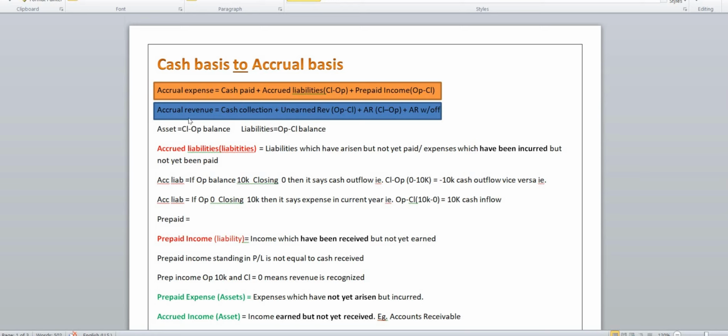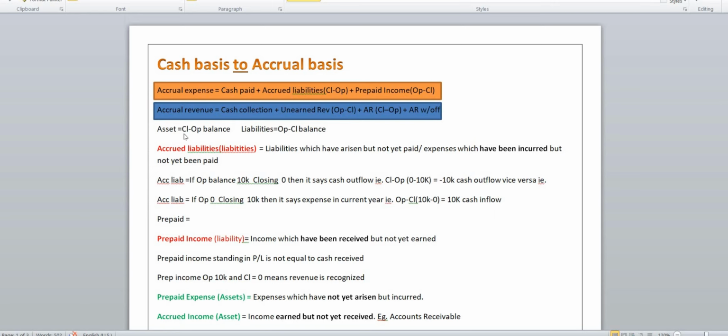Accrued revenue. If the question says to find accrued revenue, you have to add cash collection first, then unearned revenue, opening minus closing, then add accounts receivable, closing minus opening, then you have to add accounts receivable write off. There is a crux